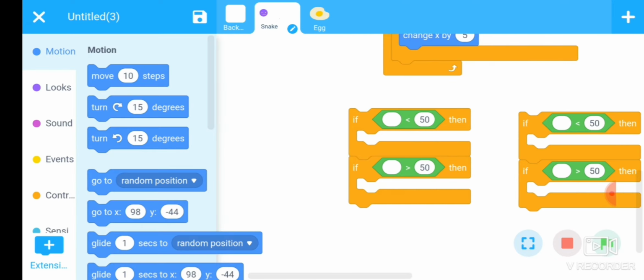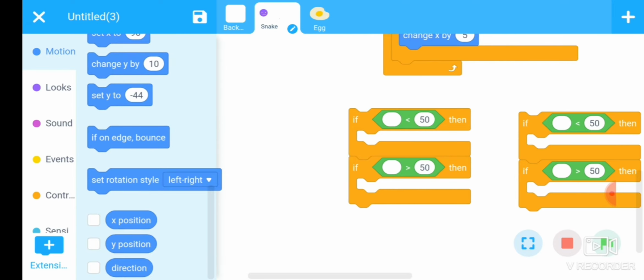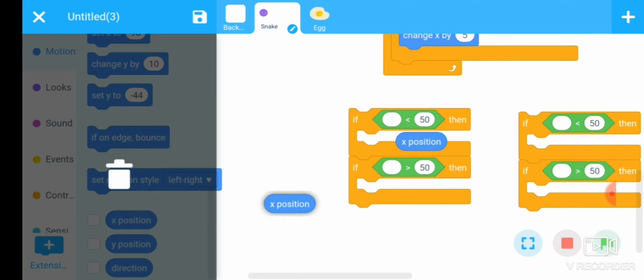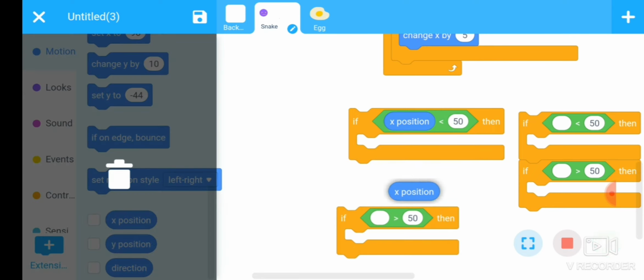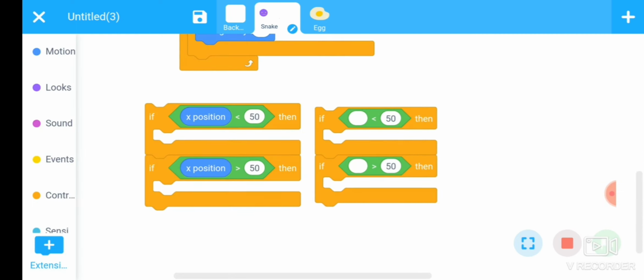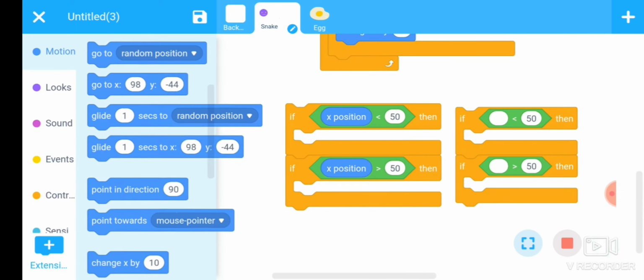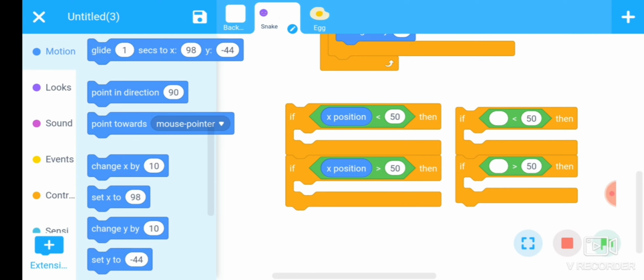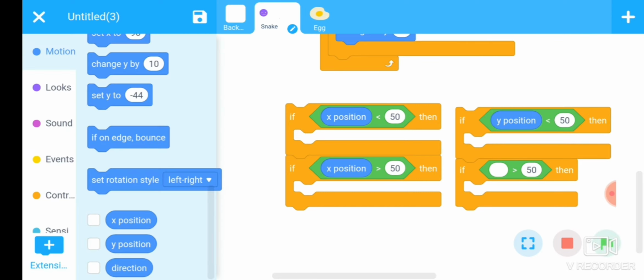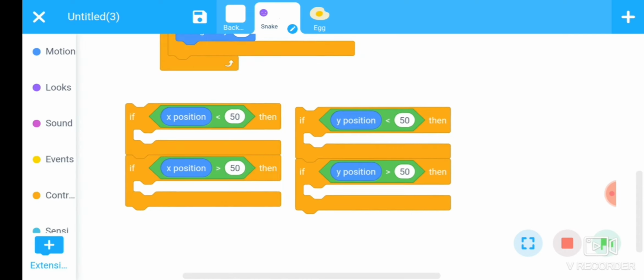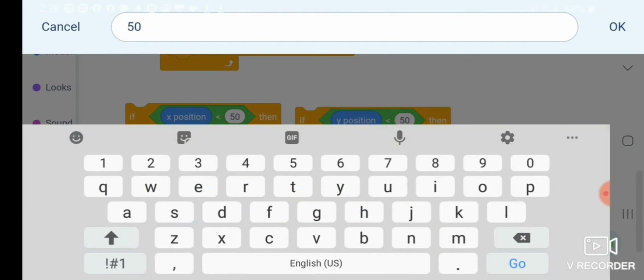Go to the motion section. There is a command x position, also for y position. If x position is